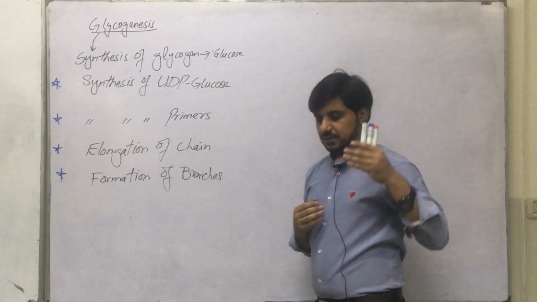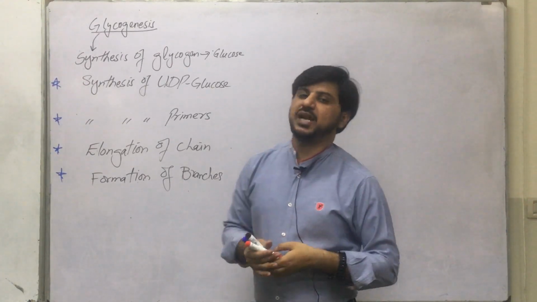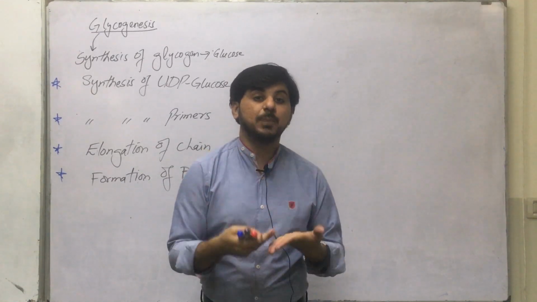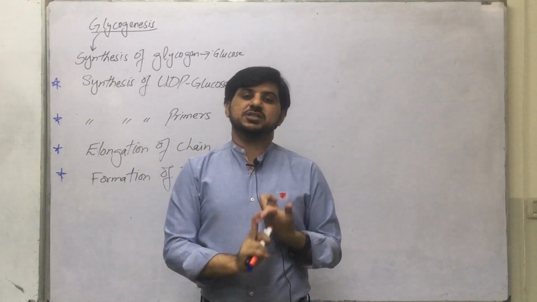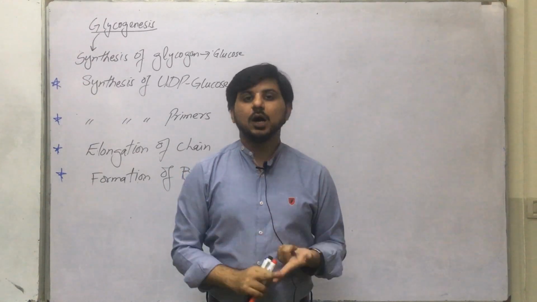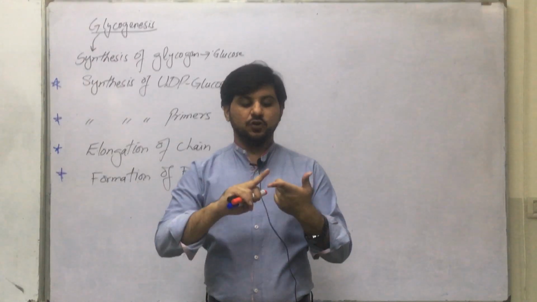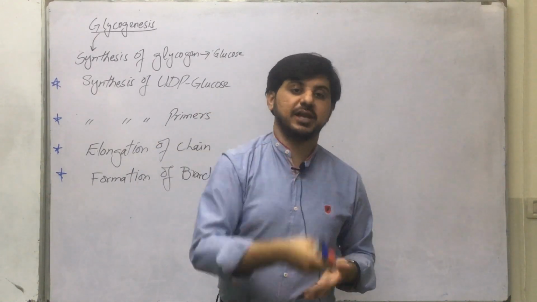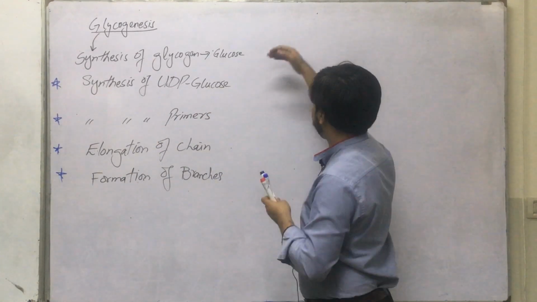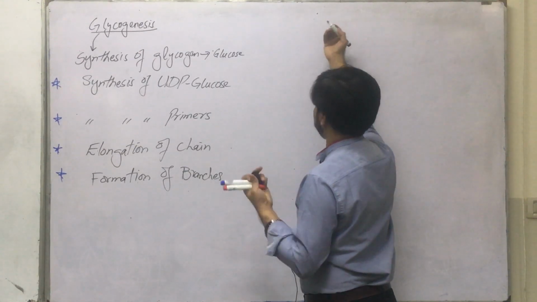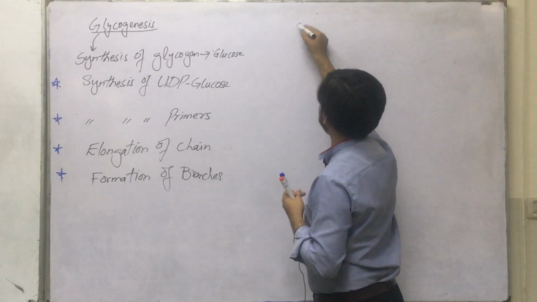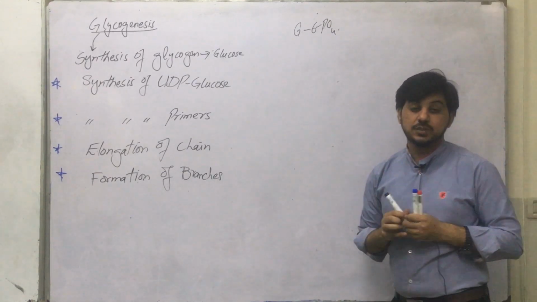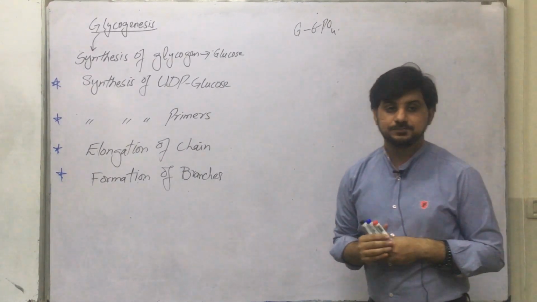In our body, as in the glycolysis, I have explained to you that the first chemical reaction of the glycolysis is very important, because that reaction is for the trapping of glucose and for the different metabolic reactions. After the trapping of glucose, we have the glucose in the form of glucose 6-phosphate. That is the first chemical reaction of the glycolysis.